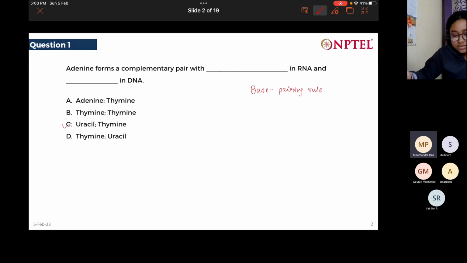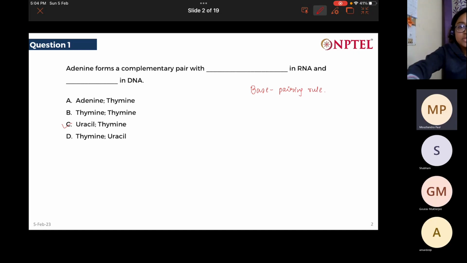Here the question says what is the base pairing that happens in DNA and RNA. Okay, so have a quick read. I think it's quite easy. This question follows the simple base pairing rule. In RNA, adenine forms 2 hydrogen bonds with uracil, whereas in DNA it is with thymine. DNA and RNA, it's easy. Okay. The next question